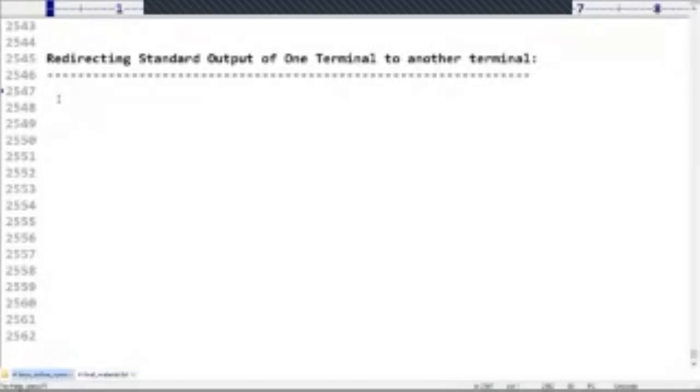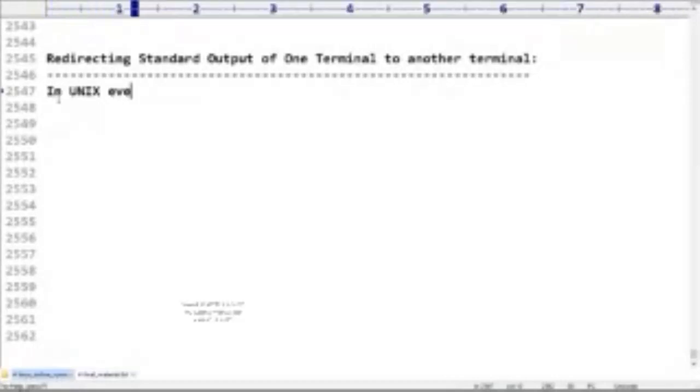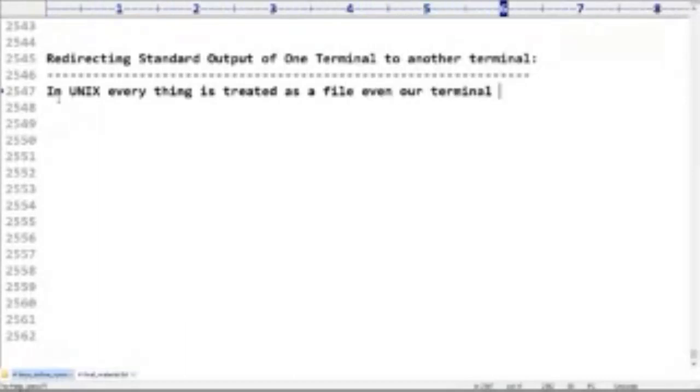Very simple. Have you remembered that in Unix everything is treated as a file, correct or not? Even our terminal also. Every device is by default considered as a file, including our terminal.